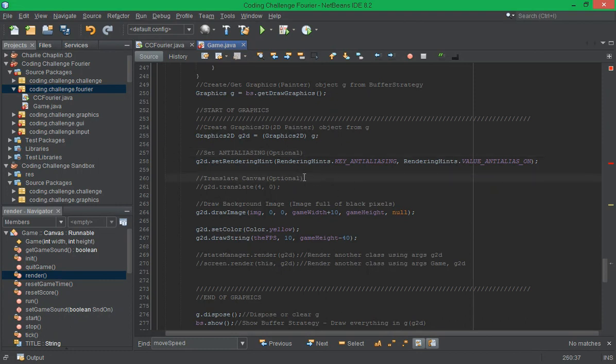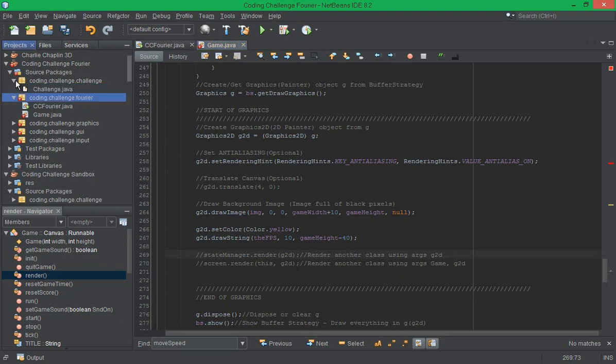and translate the canvas. Now I've added an additional 10 here to the width of the background image so we don't have to translate the canvas. Depending on what system you run this on, you may find you need to translate, so I left it. After that, we're just drawing the FPS in yellow at the bottom of the screen, 10 on the X, game height minus 40 on the Y. Here is where we would render other classes and where I'll put the other class in to render, which is challenge. Challenge will probably be rendered here, and it may need the game,